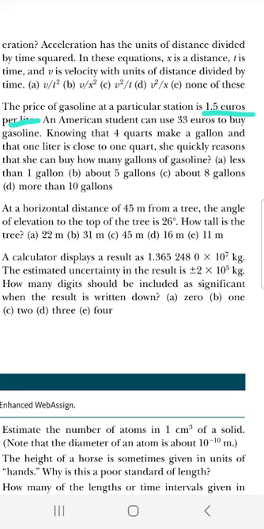She has 33 euros. She quickly reasons she can buy how many gallons. We said that 4 quarts make a gallon, and how many quarts does she have? Okay, so I mixed up a little bit. I thought it is 1.5 liters for 1 euro, but it's 1.5 euros for 1 liter. So the 33 money